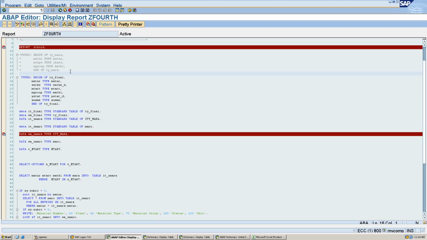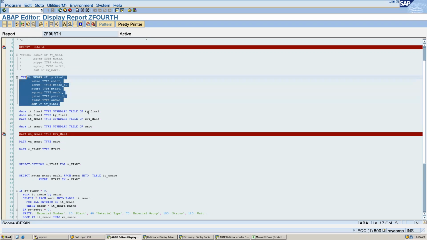We also created one more type so that we can store data from multiple tables into one internal table. So we created an internal table with fields which belong to multiple database tables. As you can see here, we have a field from the MARA and MARC tables.